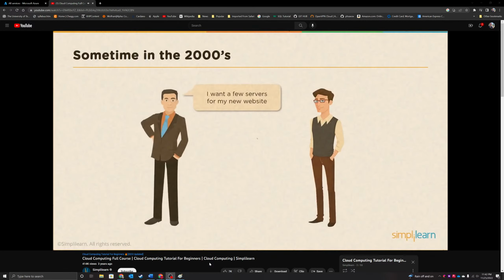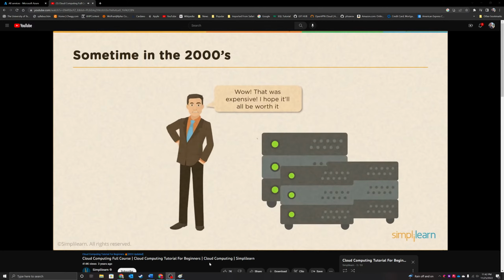Back in 2000, a request for a new server was not a happy thing at all, because a lot of money, a lot of validations, and a lot of planning were involved in getting a server online and running. And even after we finally got the server, it's not all said and done. There's a lot of optimization that needs to be done on that server to make it worth it and get a good return on investment from that